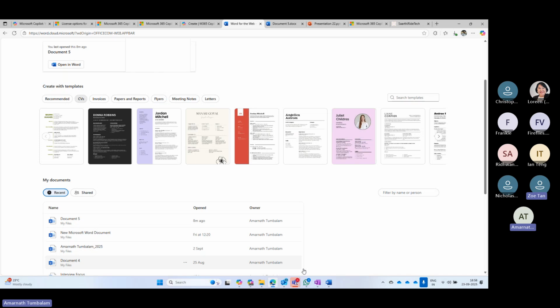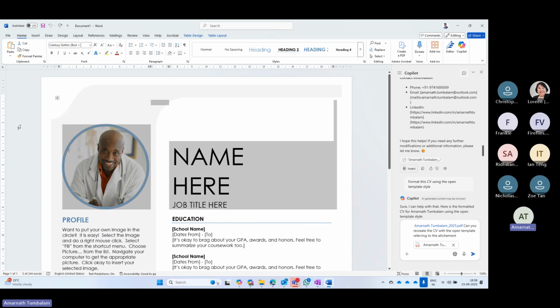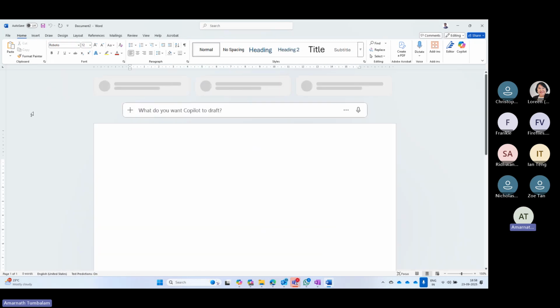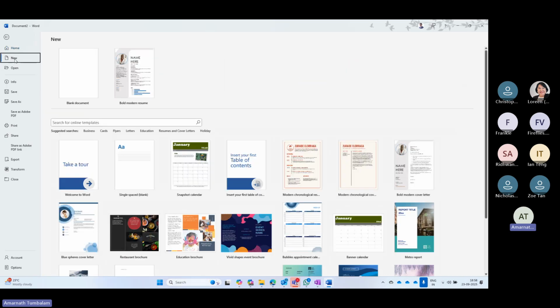But when I try to put in, it doesn't seem to churn out. So I'll just show you one. For example, this is the online version. I'm showing both. For example, you have an M365 account. I'll just go with New. New means it's a fresh file, right? When I go on the left side and click New,